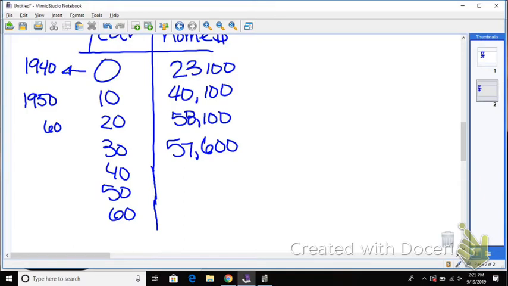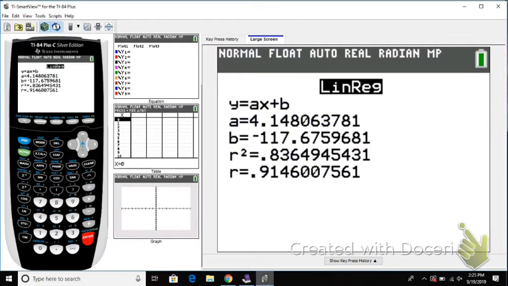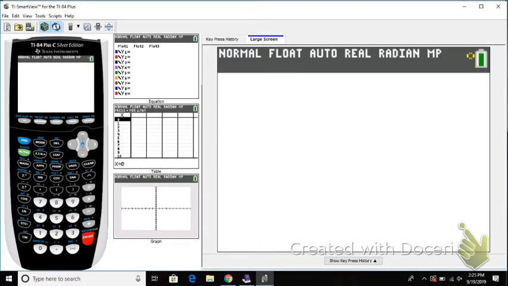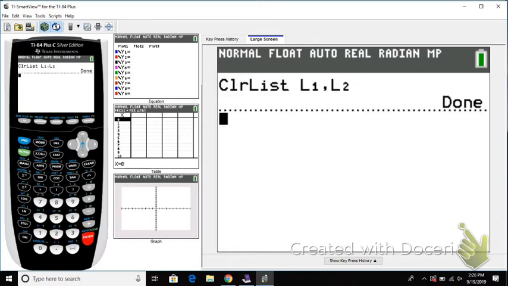So what is our very first step? Always, clear your list. Where do we go for that? Stat. And then you're going to call up clear list, number 4. And then what list am I clearing? L1, L2. L1, comma, L2. I hit enter and it should say done. Everybody good with that? No? We got